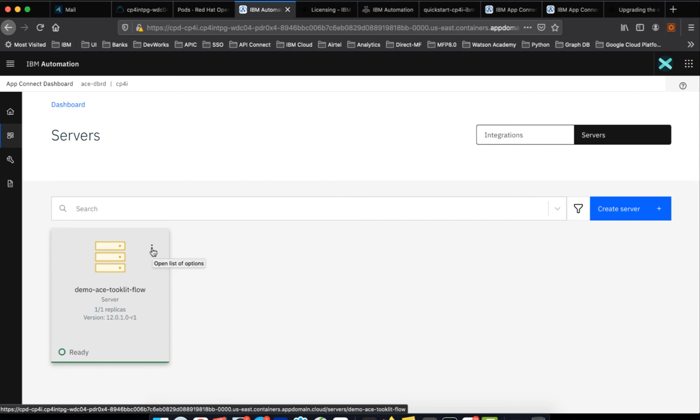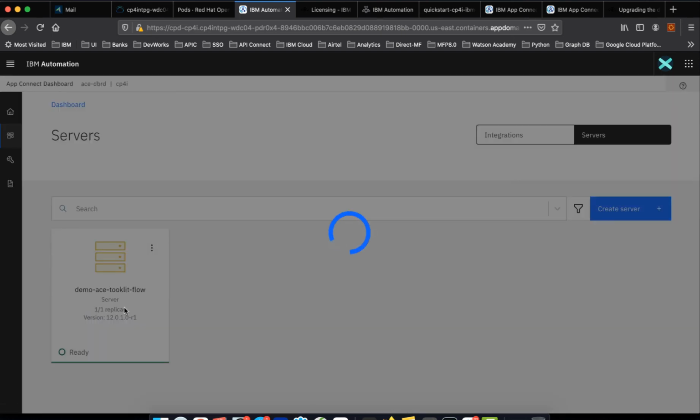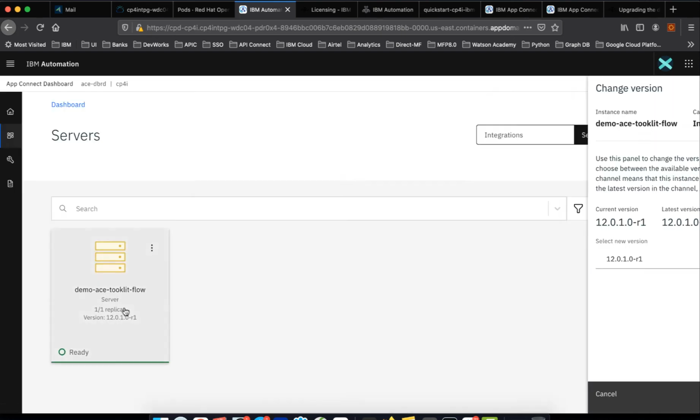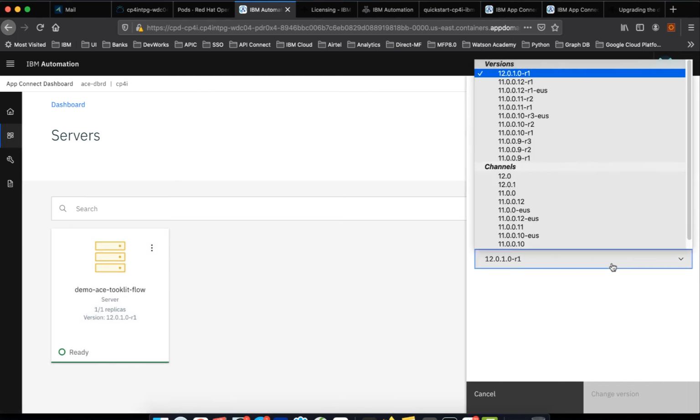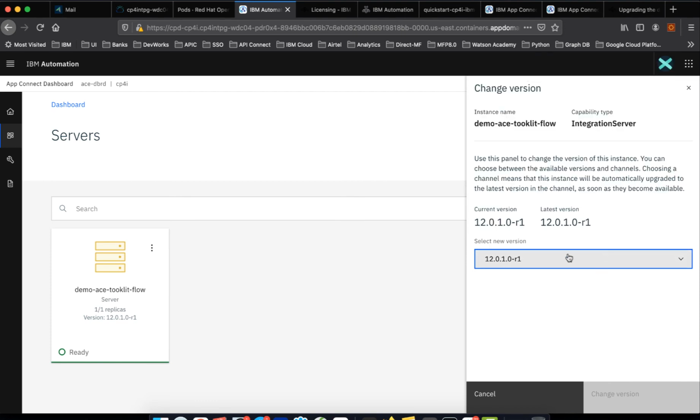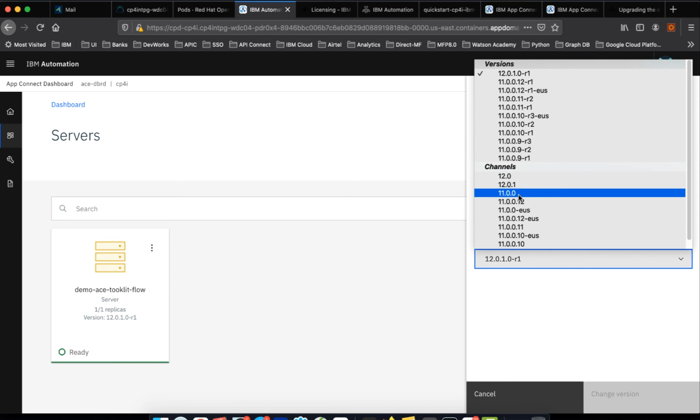11.0.0.11. So the way you upgrade, assuming this is the older version, again change version, right? The moment you do that, similar look and feel will come. You need to choose the version that you want to upgrade, right? Say for example, in this case, just because it is already the newer one, it will not show you the new one.